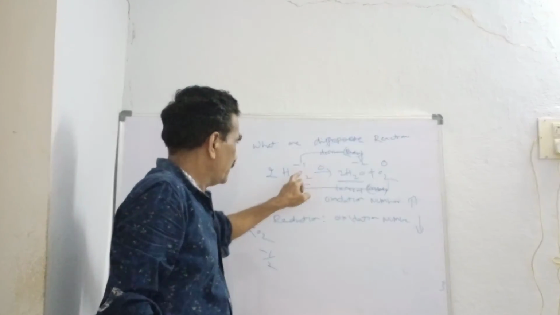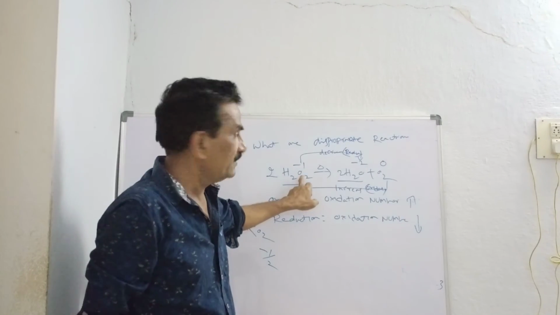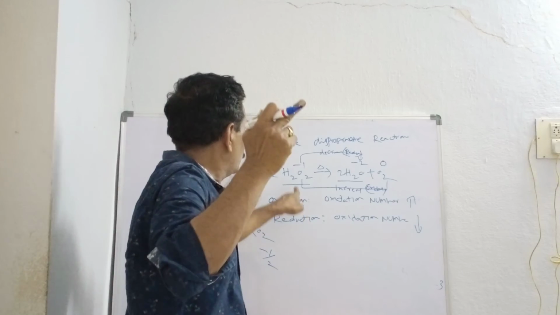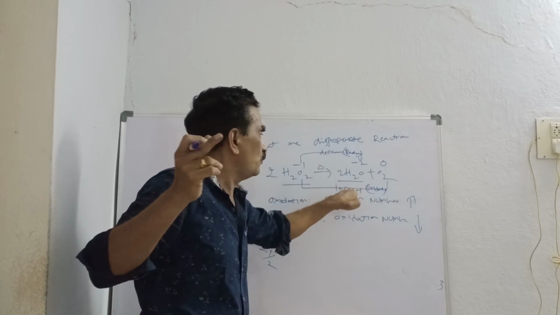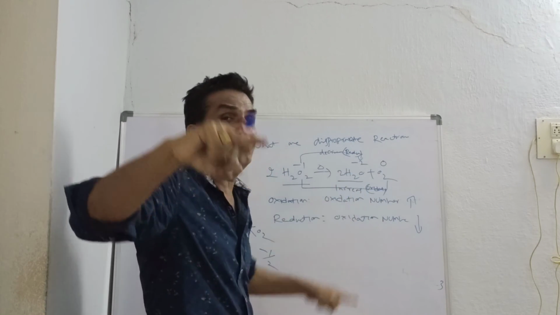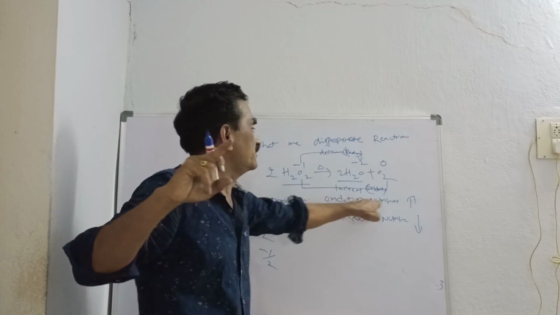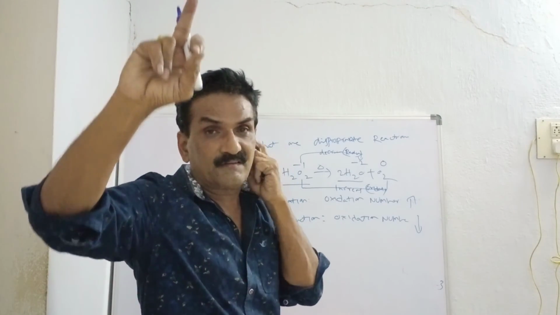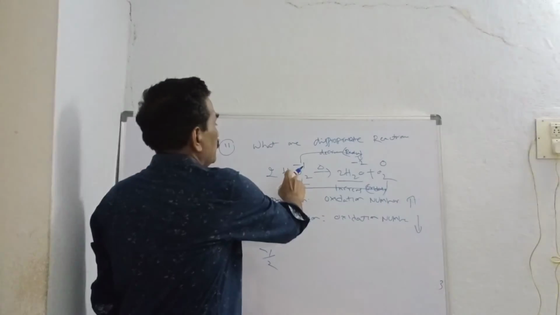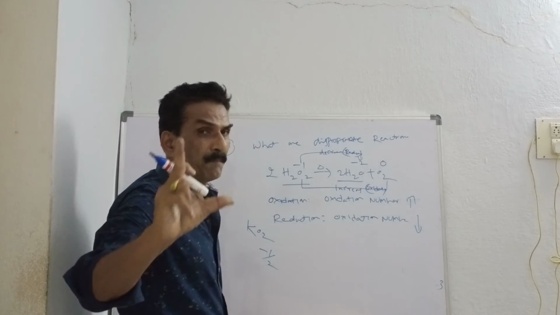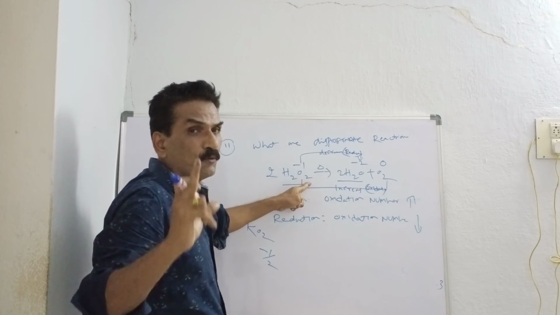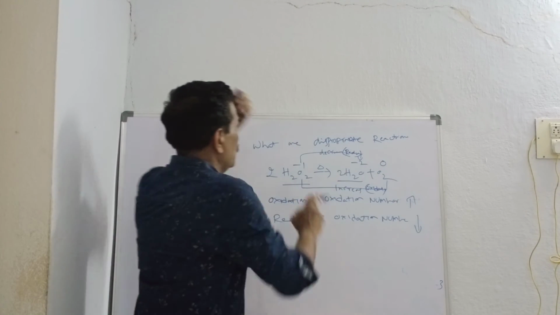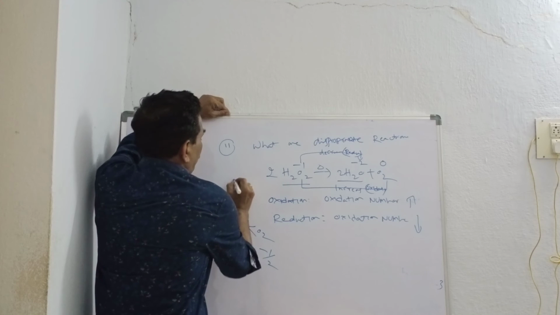Okay. Same hydrogen peroxide, here -1 to 0. -1 to 0 means increase. If the oxidation number increases, that is called oxidation. Oxidation number increases, oxidation; oxidation number decreases, reduction. So in hydrogen peroxide, the most important question is its decomposition. If H2O2 undergoes decomposition, it gives H2O and O2. This is nothing but a peroxide.